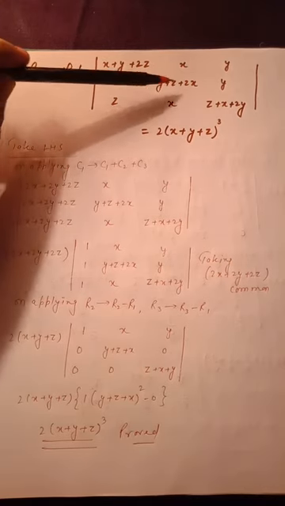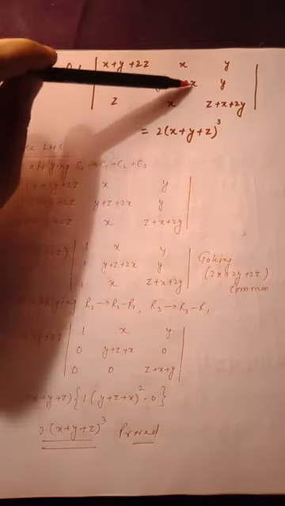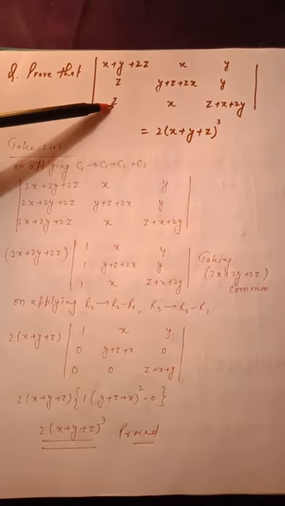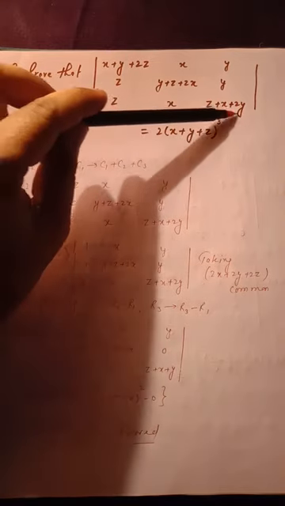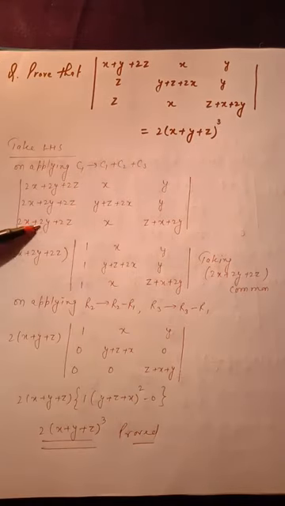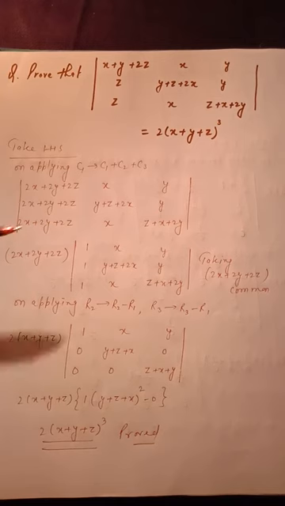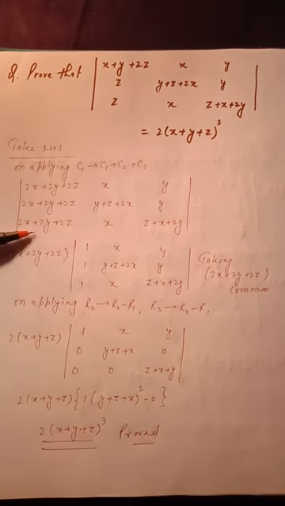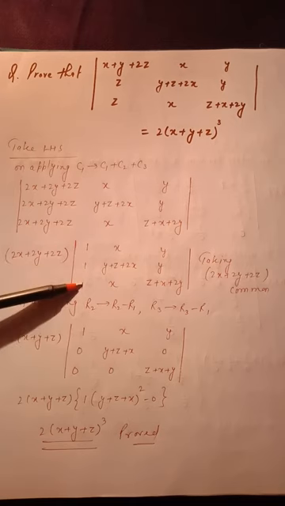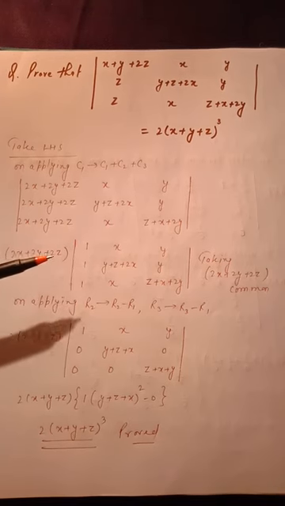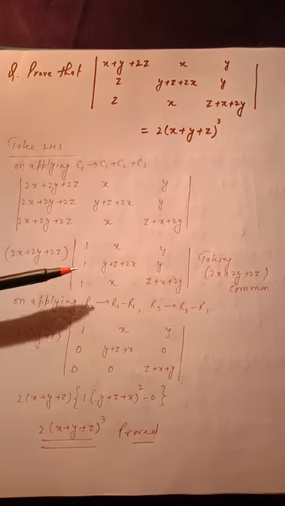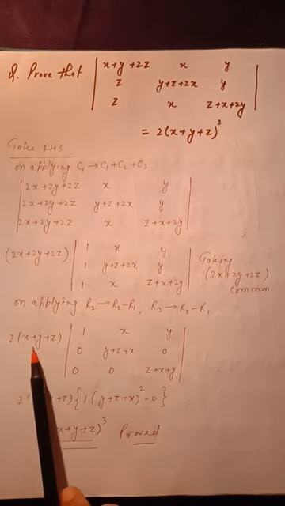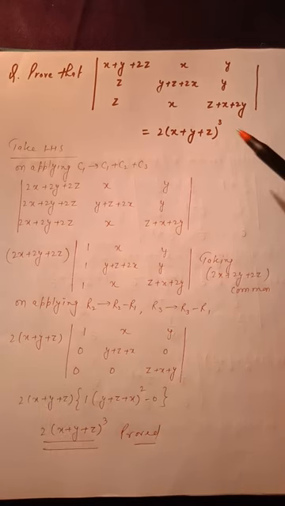Similarly, z plus z is 2z, y plus y is 2y, and 2x is already present. I am writing here. And in the third case, z plus x plus z plus x plus 2y again gives 2x plus 2y plus 2z. Column 2 and 3 are the same here, and this you can take out. So all the elements will become 1. Now the next plan is to make the elements 0, and we require 2 more x plus y plus z, because we have to prove the cube.